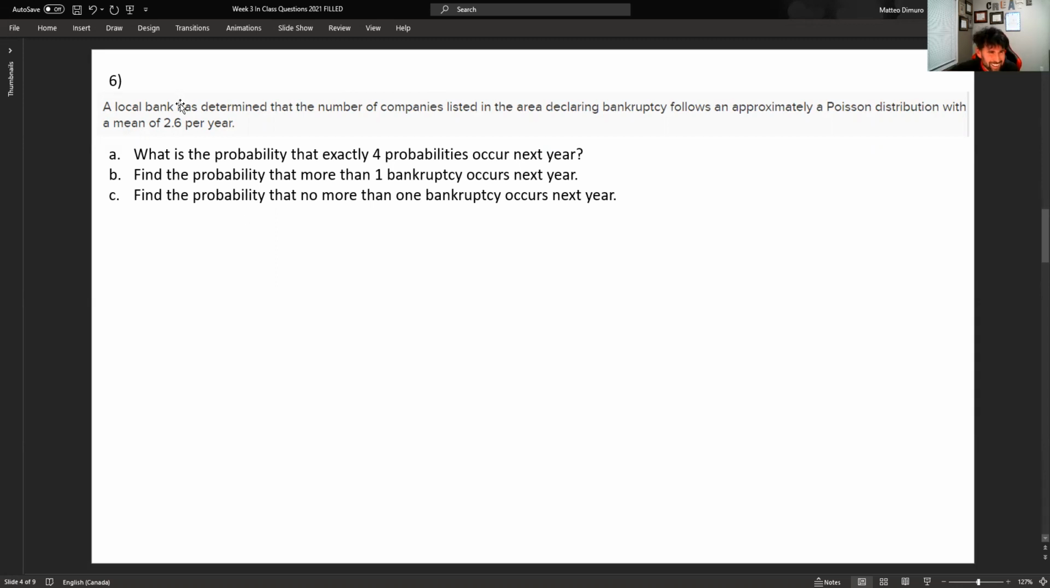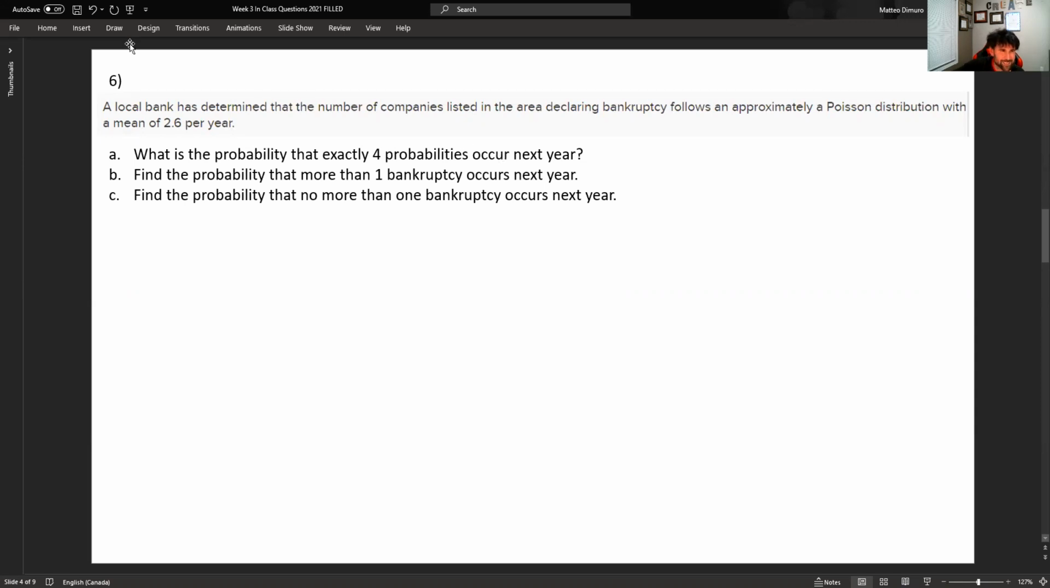Okay, so a local bank has determined that the number of companies listed in the area declaring bankruptcy follows an approximately Poisson distribution with a mean of 2.6 per year. So 2.6 bankruptcies per year. And what is the probability that exactly